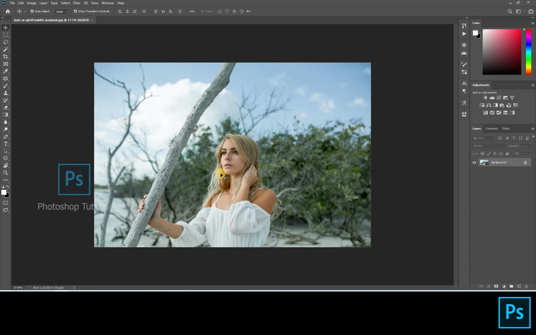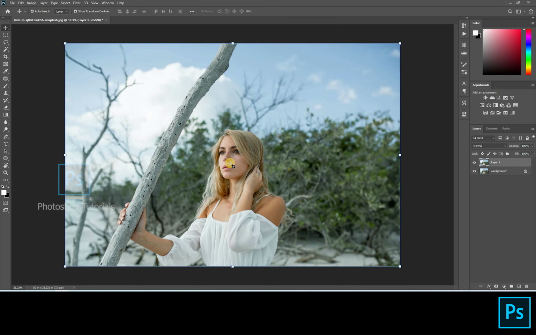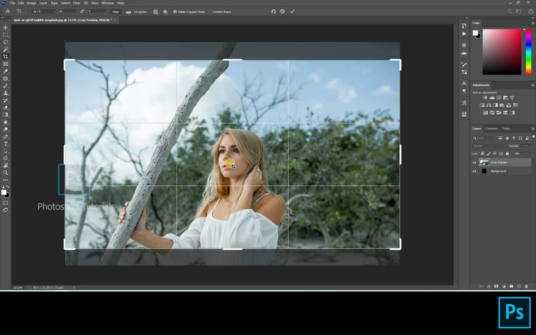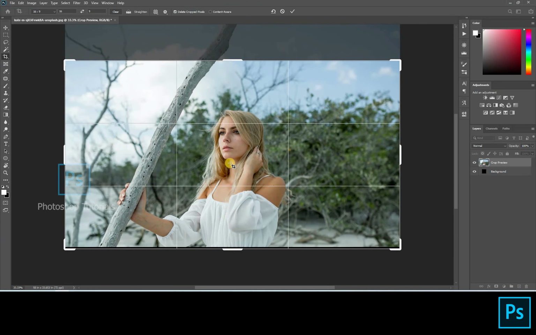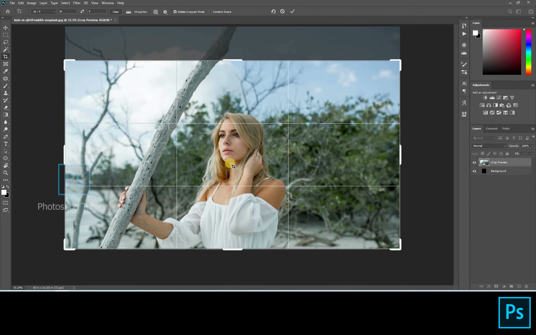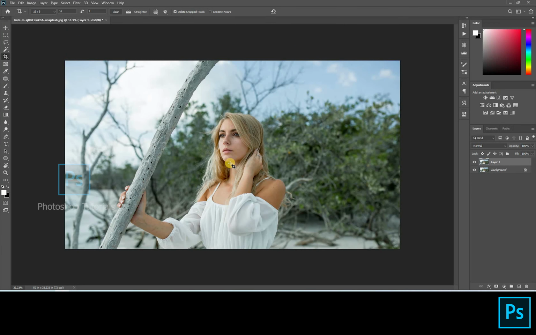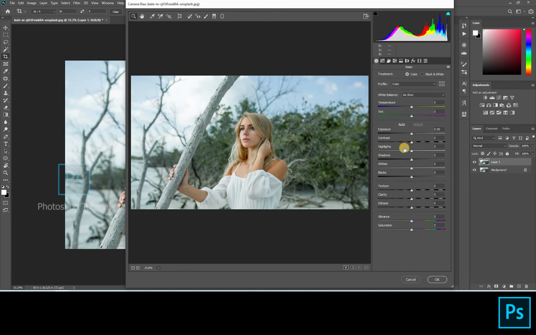Select the background layer and click on Ctrl+Command+J to duplicate a layer. At first let's crop the picture by clicking on C. And you can see the 16:9 option on the top menu. Click Enter to crop. Now click on Ctrl+Command+Shift+A to open Camera Raw, so we can perform some basic exposure